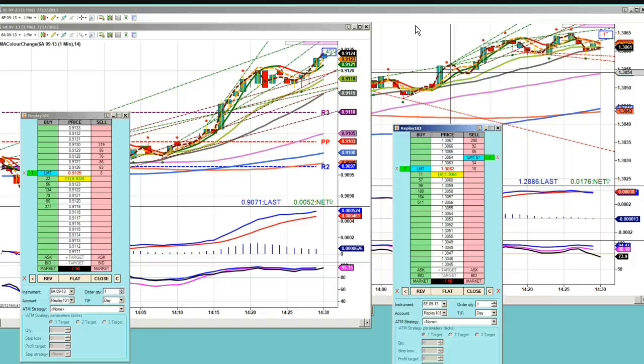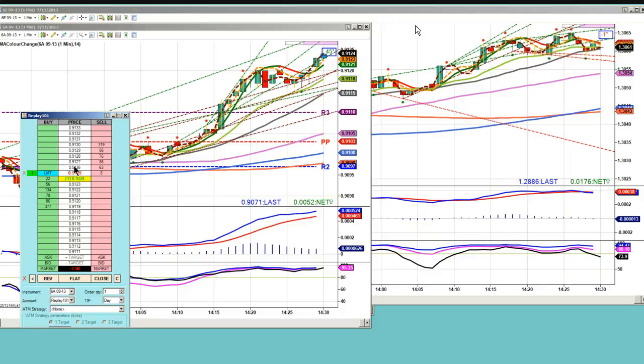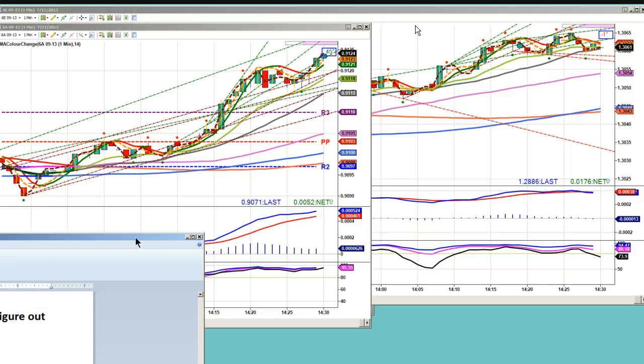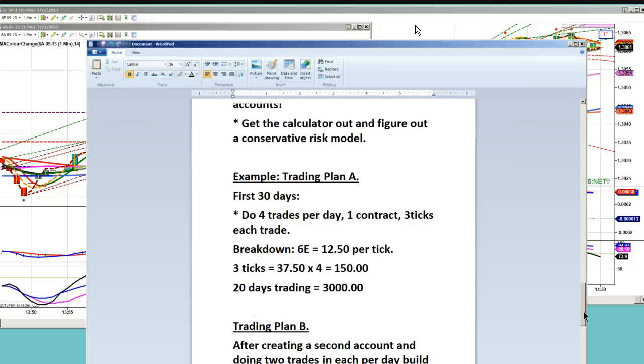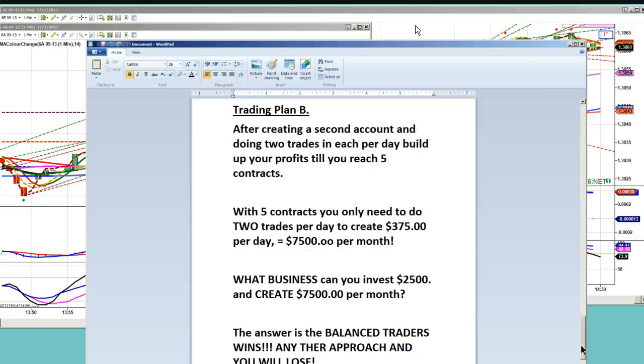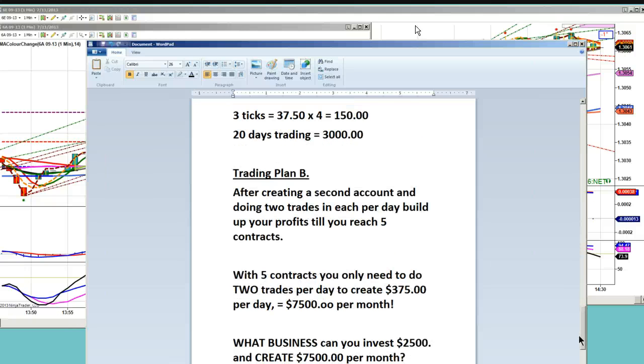And these are my two favorite markets. I always trade every morning the 6A and the 6E, and I trade them all day long. And I usually scalp sometimes in the gold or the Russell. But most of the time I'm trading the 6A and the 6E. Okay? So let's talk about technicals for a minute. Let's talk about how we can be more balanced in looking at the technicals. We talked about risk, dividing your risk, and how you can follow the trading plan to create $7,500 a month.